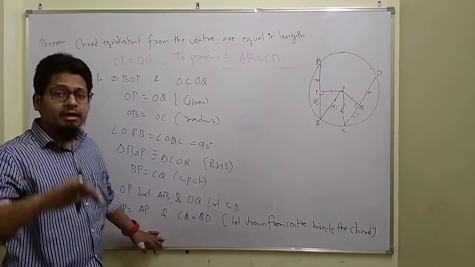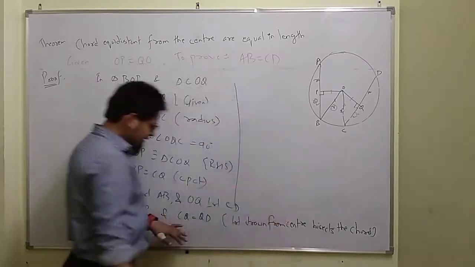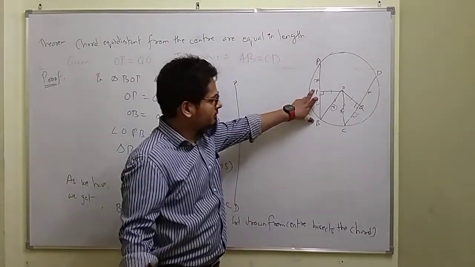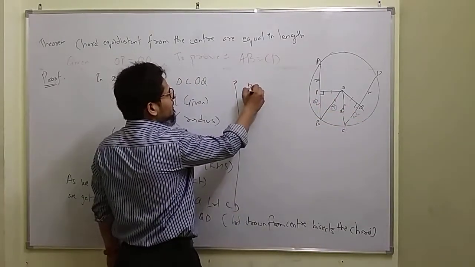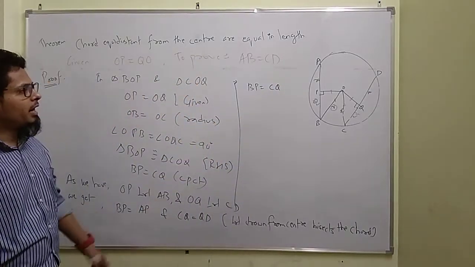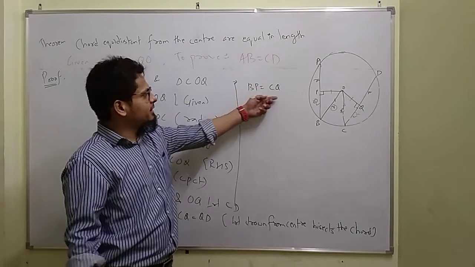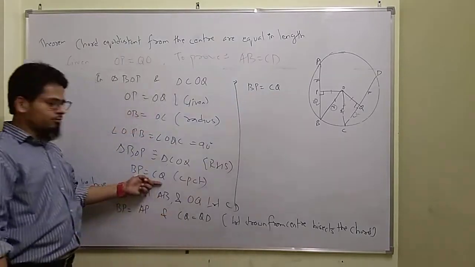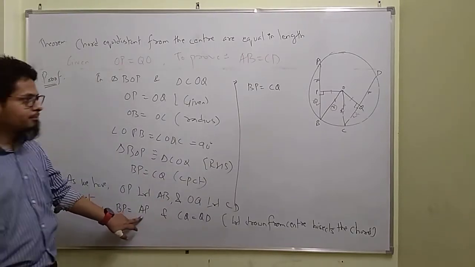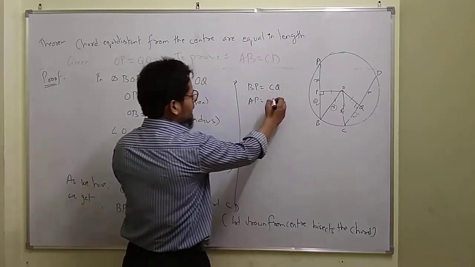Now for your understanding, you can write it like this. We assume, I'm writing here, we assume that BP is x, CQ will also be x. So we have BP is equal to CQ, and it is just proved above. And BP is equal to AP, CQ is equal to QD. So BP is equal to AP, so in place of BP you write AP, you can do it either way. And CQ is equal to QD.